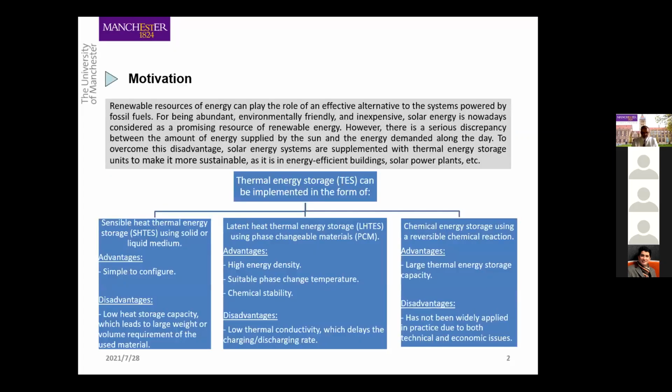Dr. Adel, I think, highlighted those aspects, and no need to reconsider them. So the thermal energy storage is basically classified according to the technology adopted into three types. The sensible heat thermal energy storage, which is made by temperature rise or decrease, while the latent heat thermal energy storage involves some of